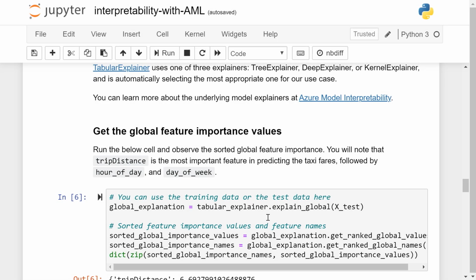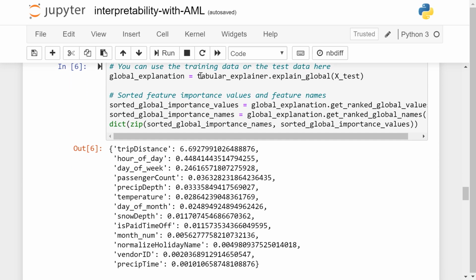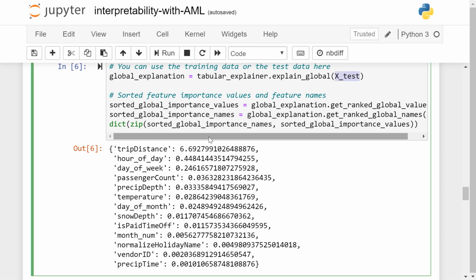So if you've ever taken a cab ride, you can probably guess at what the most important feature is. Ready? Let's look at the output. We called tabular explainer.explain global, passing it in our test data, and fundamentally the next 3 lines, we just summarize the output in terms of the importance of that feature, and lo and behold, the top most important feature, drumroll